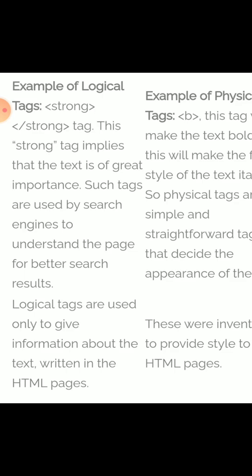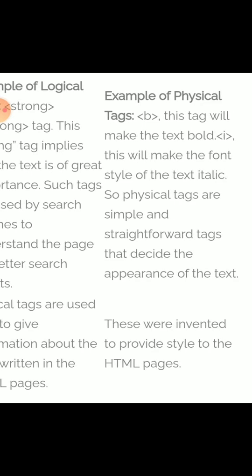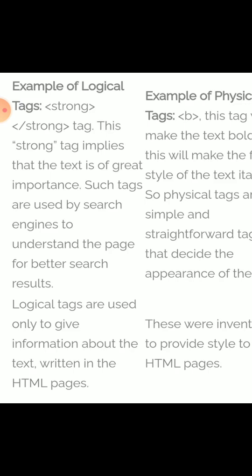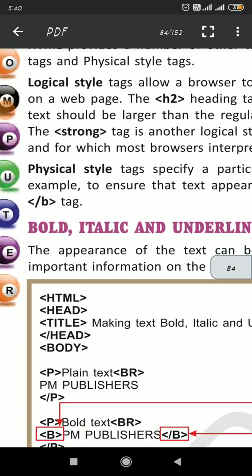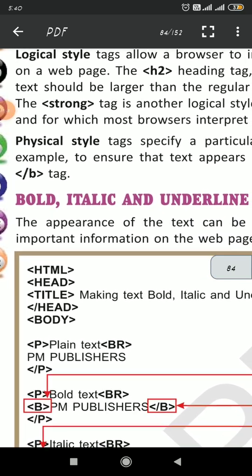So the main difference you are seeing is that logical tags are used only to give information about the text, and here they are providing style to the HTML pages. Clear? So coming back to the textbook, I hope it is clear to all.